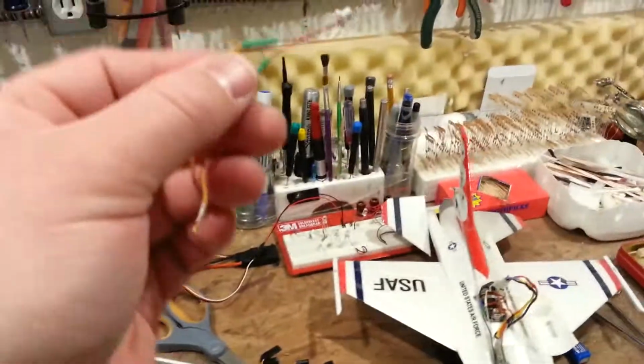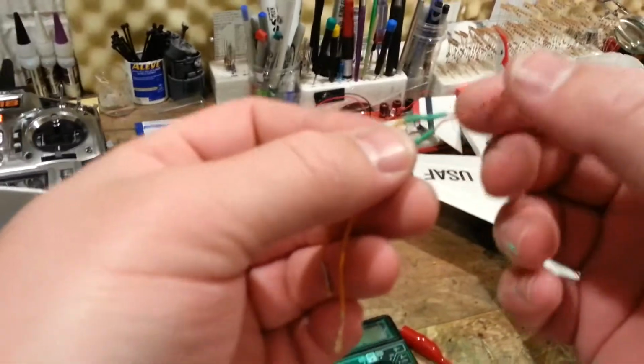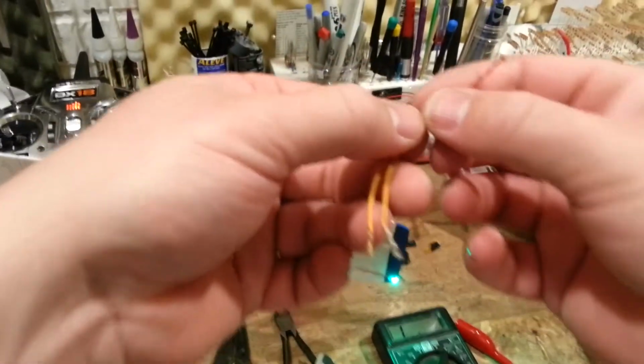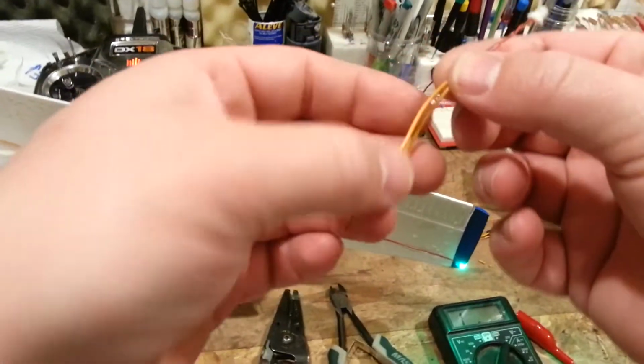And coming full circle, it'd be sure nice if Horizon would just put these into the planes, because there's got to be a certain level of demand for it, because I demand it and other people demand it. So now let's go ahead and see if I have some...